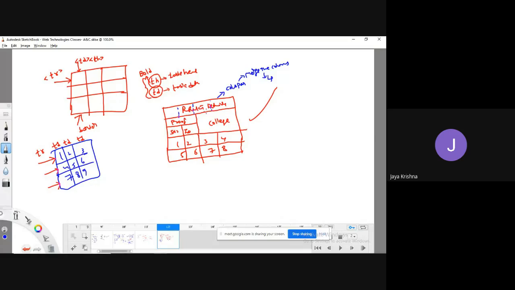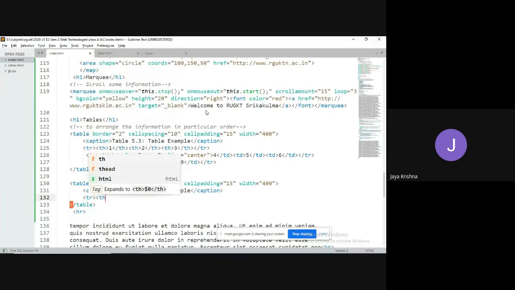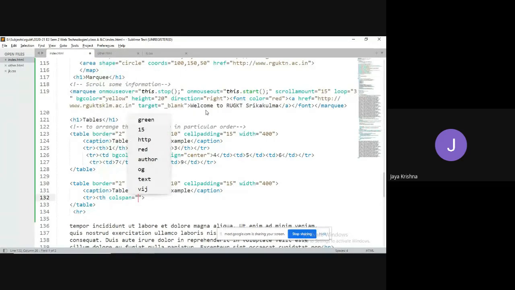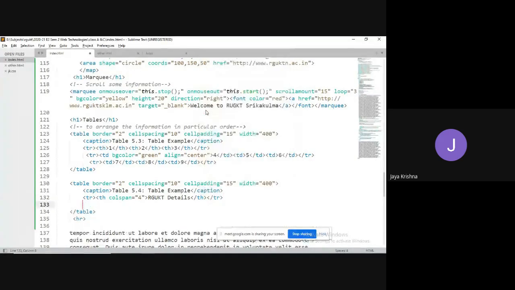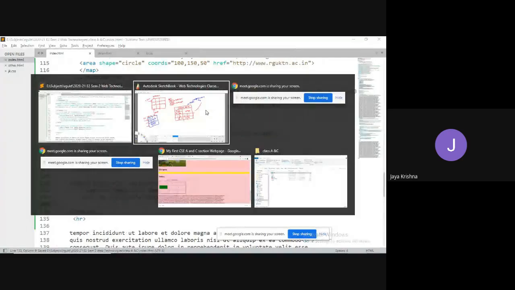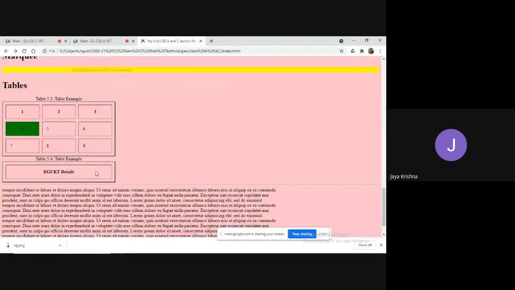So I am going to do that. So tr. It looks like a table heading. Then for the table heading, I am going to make colspan equal to 4. How many columns did I merge? 4 columns. RGKT. Is it necessary to write the remaining th? No need, because I am going to combine all 4 columns. Closing of table row. You got it, right? Into a single column.